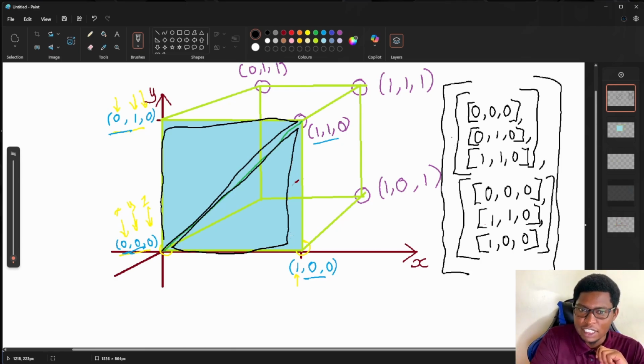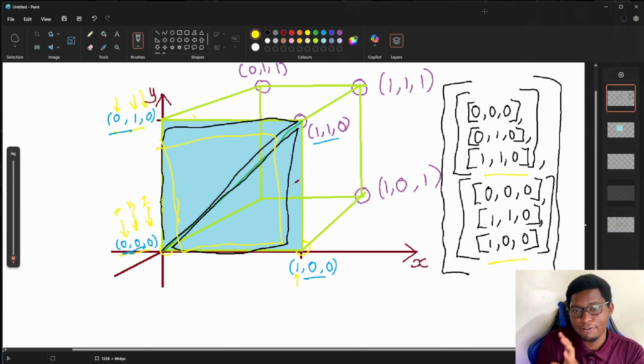So we have this as our first triangle, and this as our second triangle, and both of them together make up the whole face, the first quad that we have. Now that we have our first face,